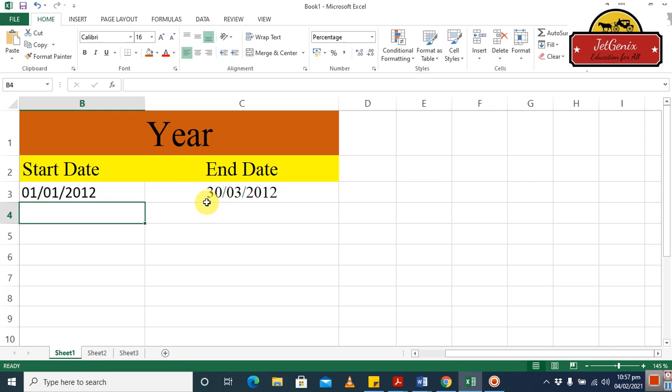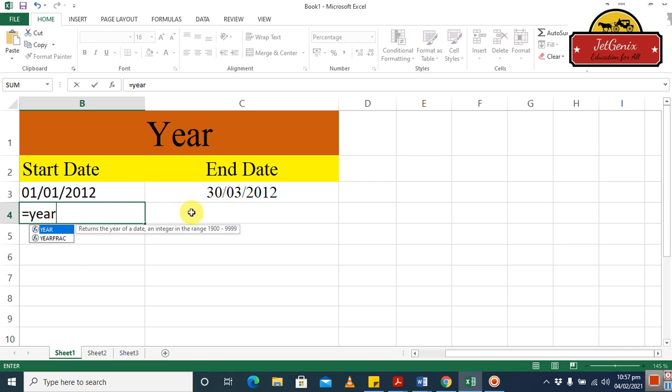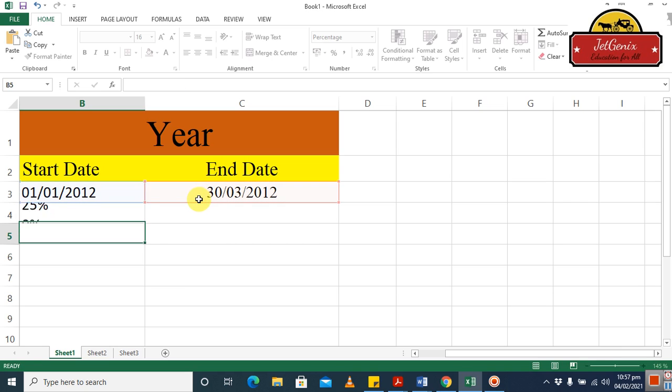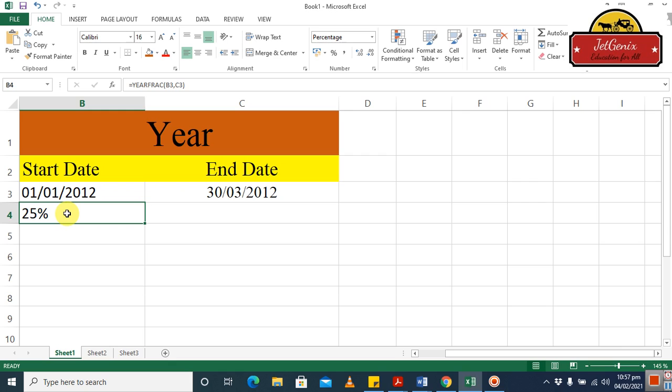So how are we going to do it? Just press the equal sign and type YEARFRAC, year fraction, then the start date, comma, the closing date, close the parenthesis and press enter. Now you can see it says 25%. From 1st January 2012 to 30th March 2012, the time span represents 25%